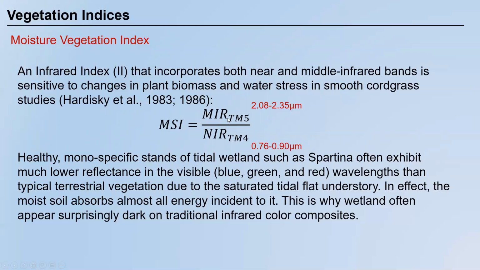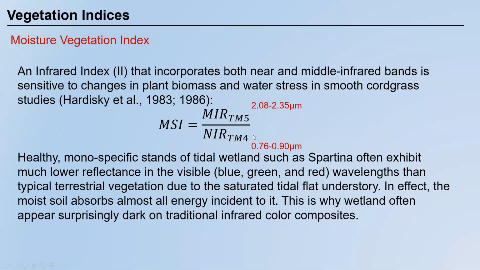So if a plant is very healthy, it doesn't need any more water. The water is very good. There is no water stress. Then should MIR reflectance be high or low? It should be low, right? Because there is abundant water and the water absorbs a lot of energy in mid-infrared. On the other hand, for near-infrared,